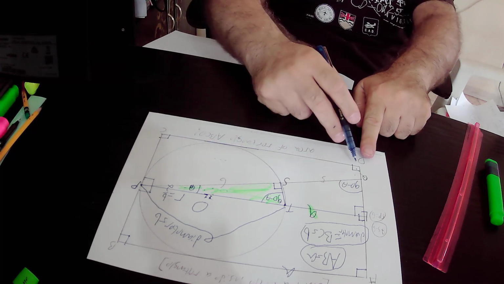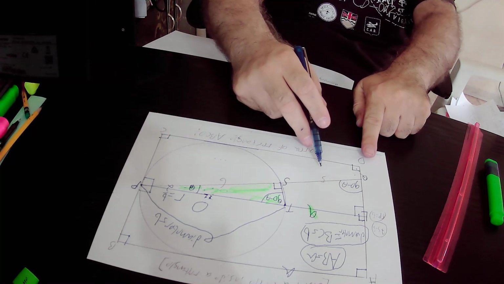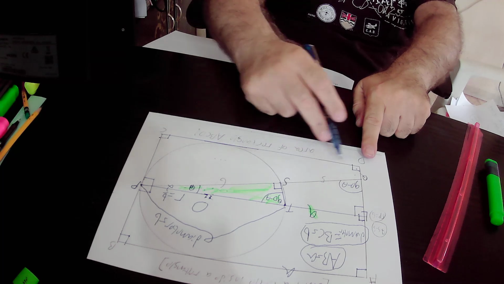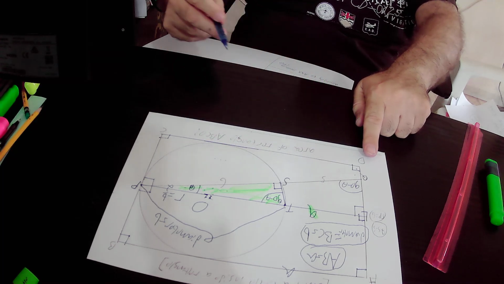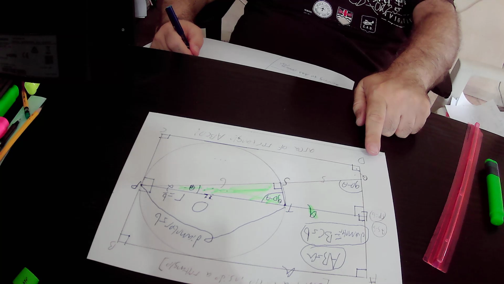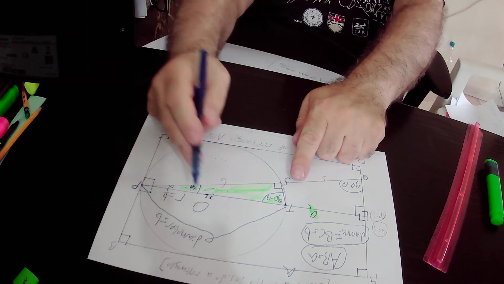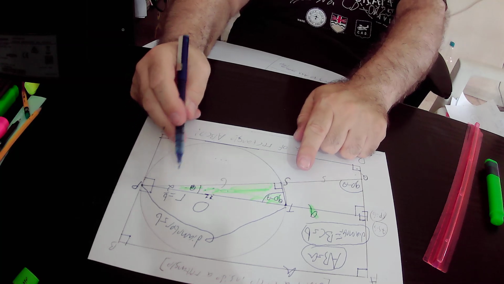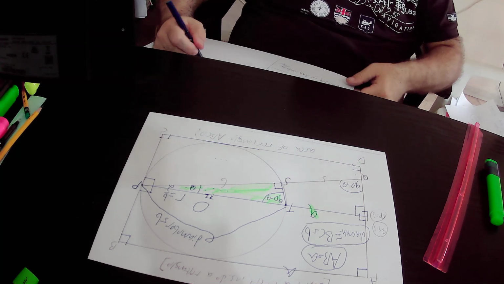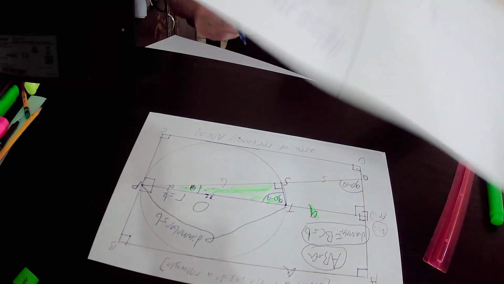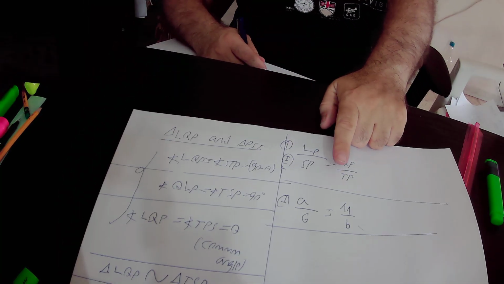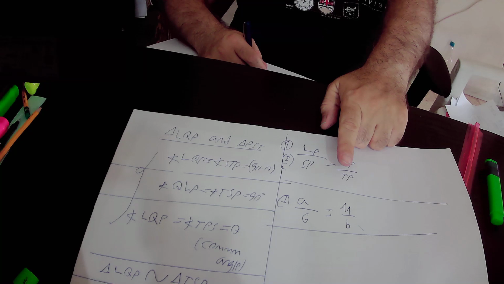It is very easy to see from the drawing that QP equals 5 plus 6, that is 11. So we substitute QP by 11 over TP. TP is the diameter of the circle, that is equal to B, so we substitute TP by B. In conclusion, according to equation number 1, A over B equals 11 over A